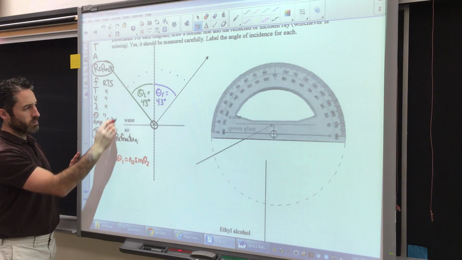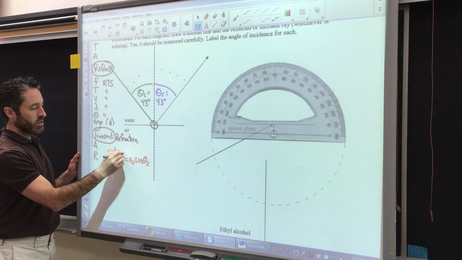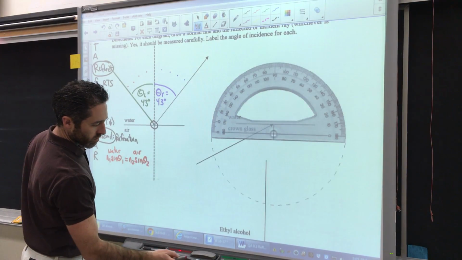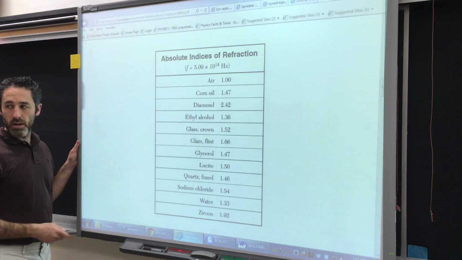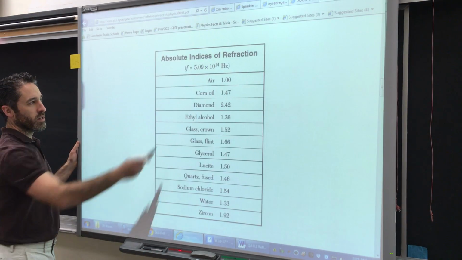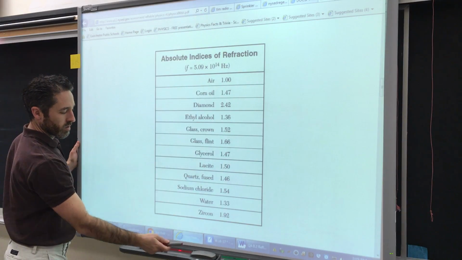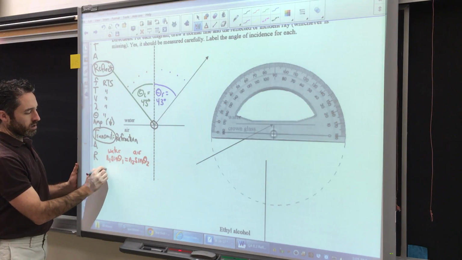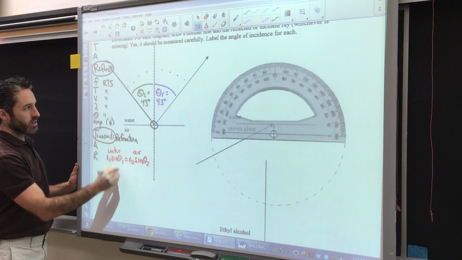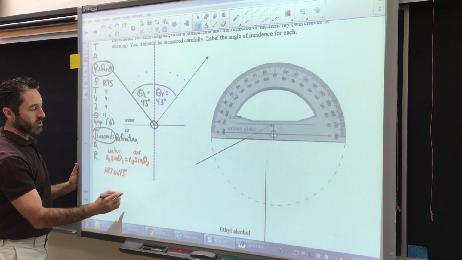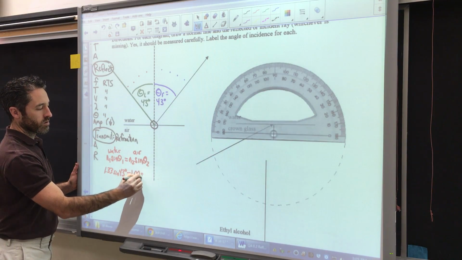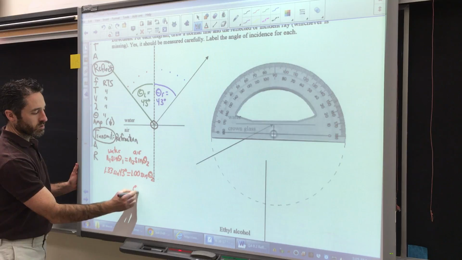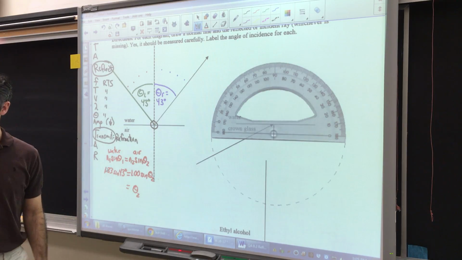And n1 sine theta 1, we can make that for water. And n2 sine theta 2, we can make for air. And so you plug this in, of course, go check out your reference table chart to find the indices of refraction. Air is 1 even, water is 1.33, and so n1 is the water, 1.33 sine 43 degrees, it's the angle in water, equals 1.00 sine, we want the angle, theta 2, and when you solve this you will get theta 2 equals,